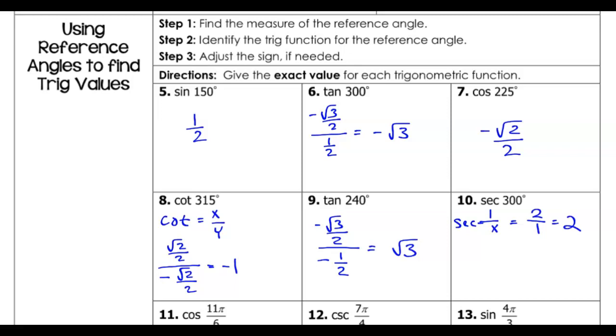So that gives you a way, if you have the unit circle, it's a really easy way to find all of your other values. Okay,